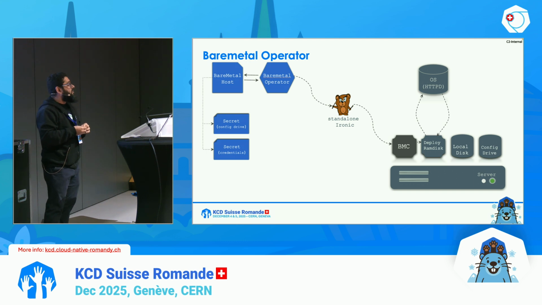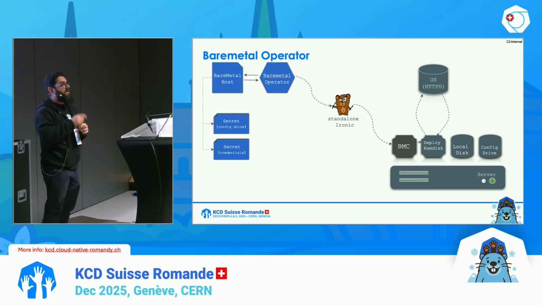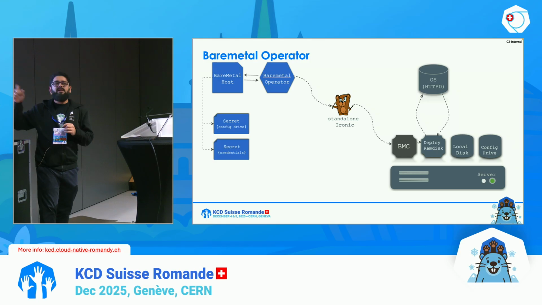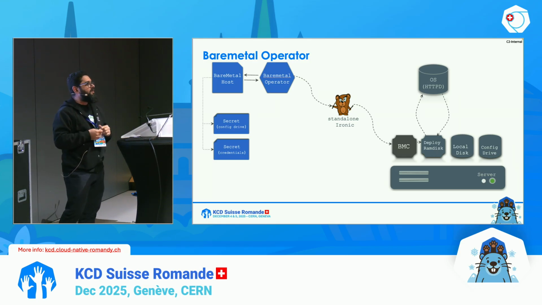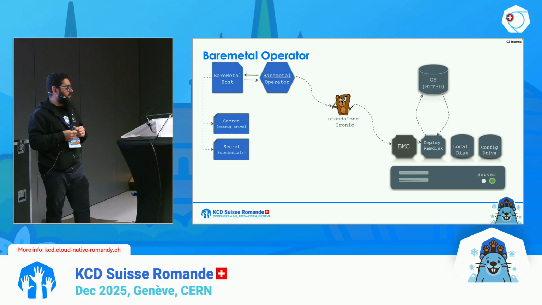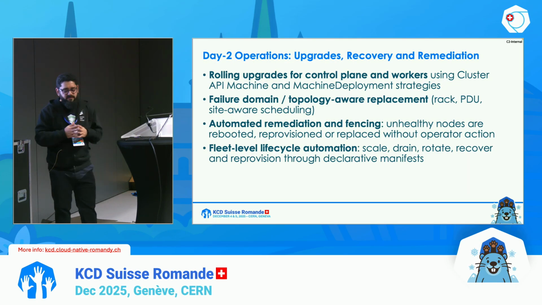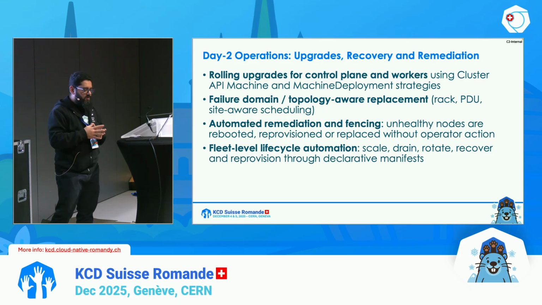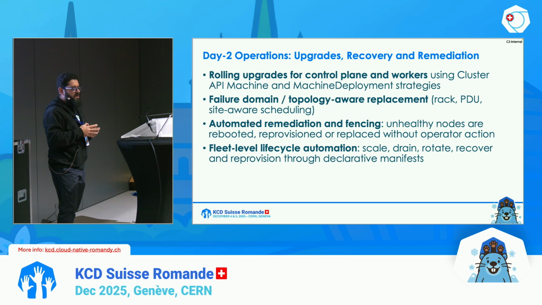server. And it also does one important thing: it provisions the image. So while you have given some operating system to be provisioned on top of this bare metal server, it copies that into the local disk and then tries to reboot again with that host image. So this was mostly about the day 0 or day 1 operations that provision a bare metal server and maintain the life cycle of it.